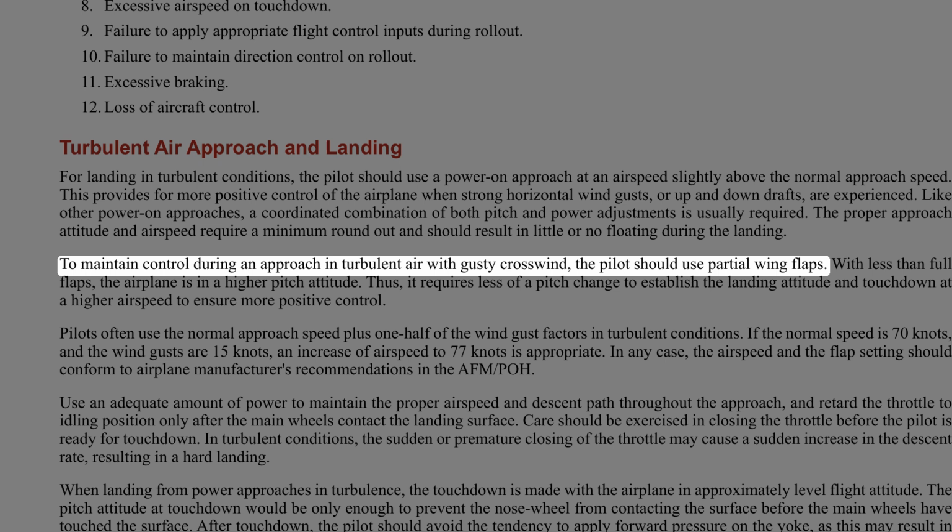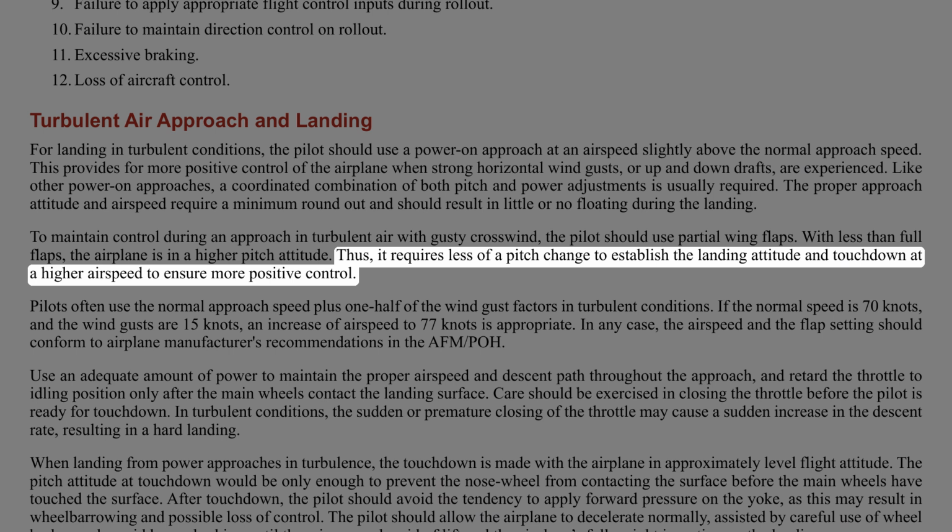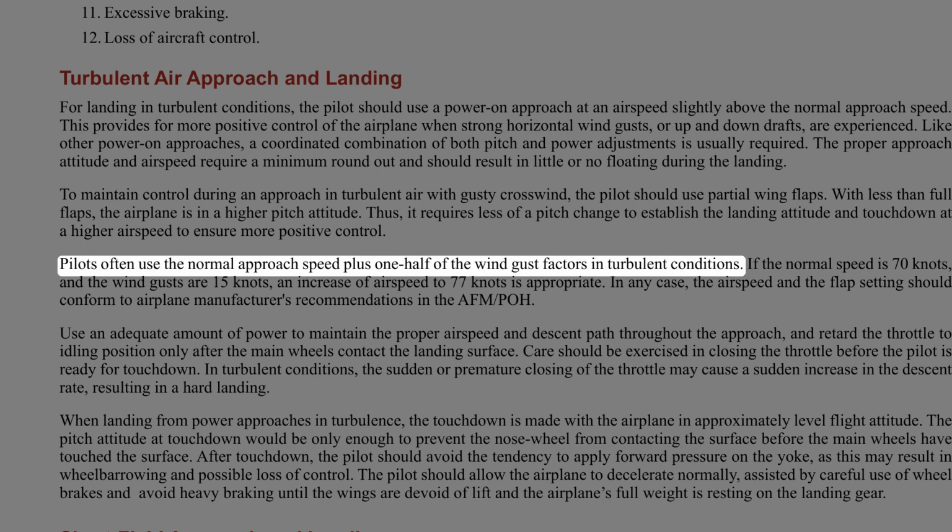To maintain control during an approach in turbulent air with gusty crosswind, the pilot should use partial wing flaps. With less than full flaps, the airplane is in a higher pitch attitude. Thus, it requires less of a pitch change to establish the landing attitude and touchdown at a higher airspeed to ensure more positive control. Pilots often use the normal approach speed plus 1/2 of the wind gust factors in turbulent